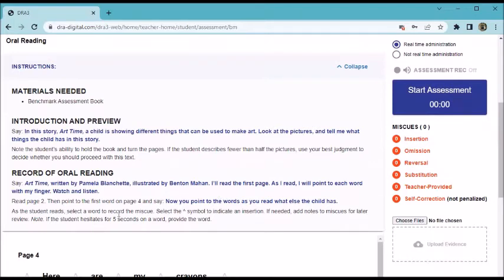As the student reads, select a word to record the miscues. Select the insert symbol to indicate an insertion. If needed, add notes to miscues for later review. Note if the student hesitates for 5 seconds on a word, provide the word. Once the student understands what needs to be done